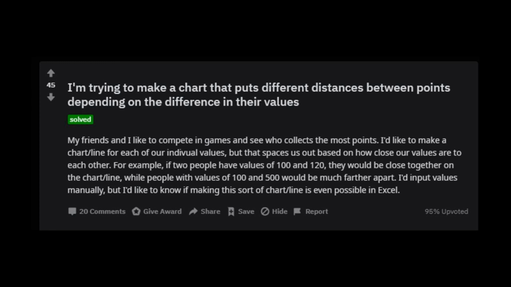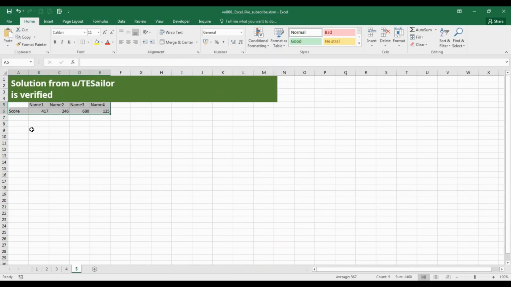My friends and I like to compete in games and see who collects the most points. I'd like to make a chart line for each of our individual values, but one that spaces us out based on how close our values are to each other. For example, if two people have values of 100 and 120, they would be close together on the chart line, while people with values of 100 and 500 would be much further apart. I'd input values manually, but I'd like to know if making this sort of chart line is even possible in Excel. So, the solution for the most upvoted thread last week was presented by